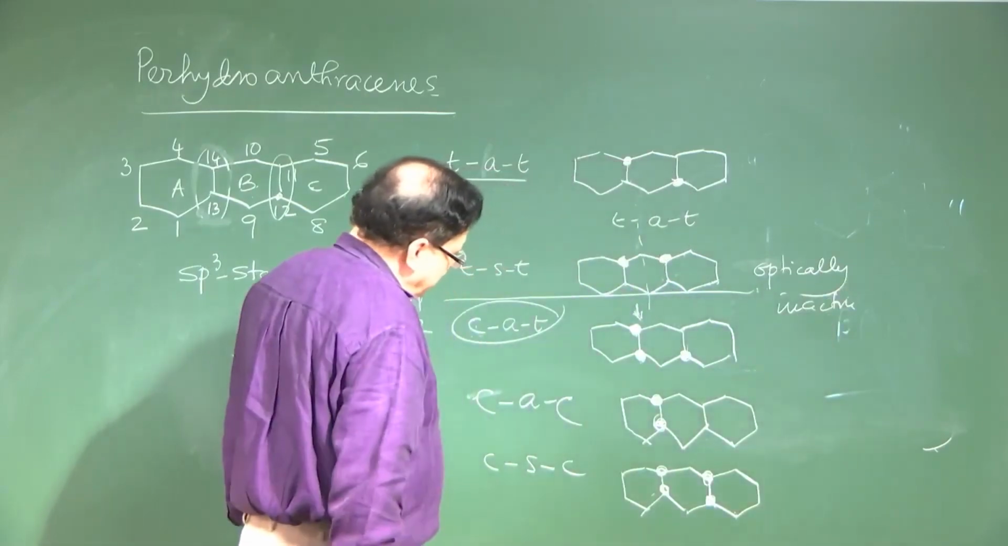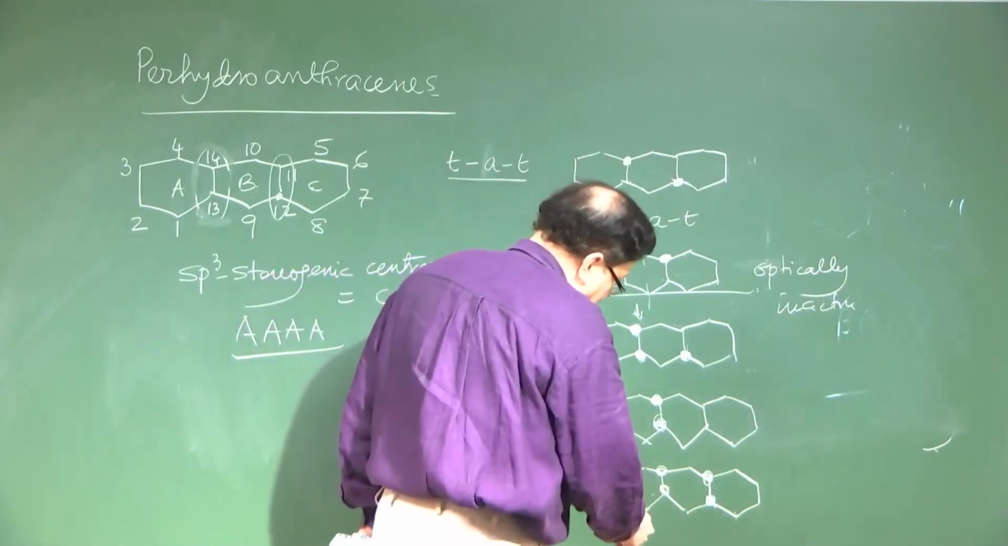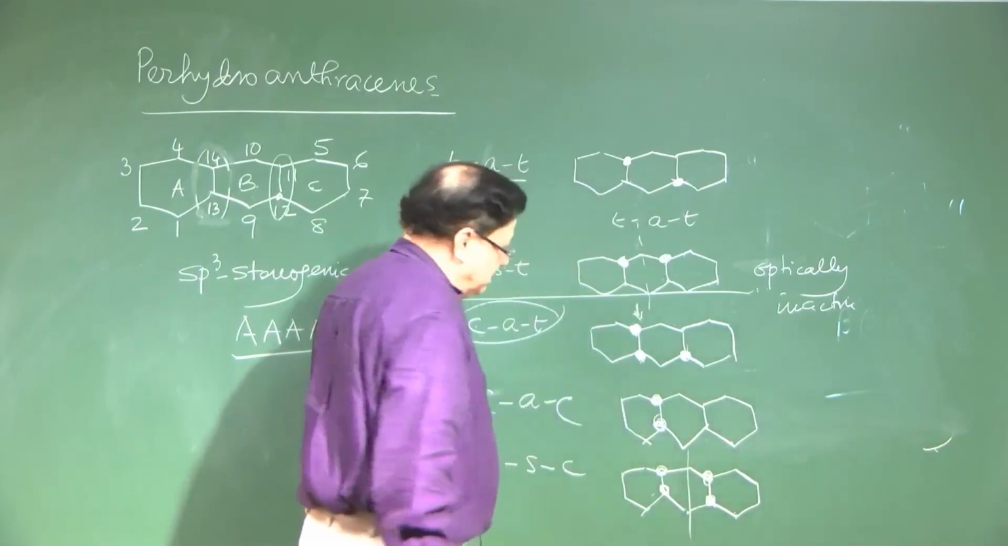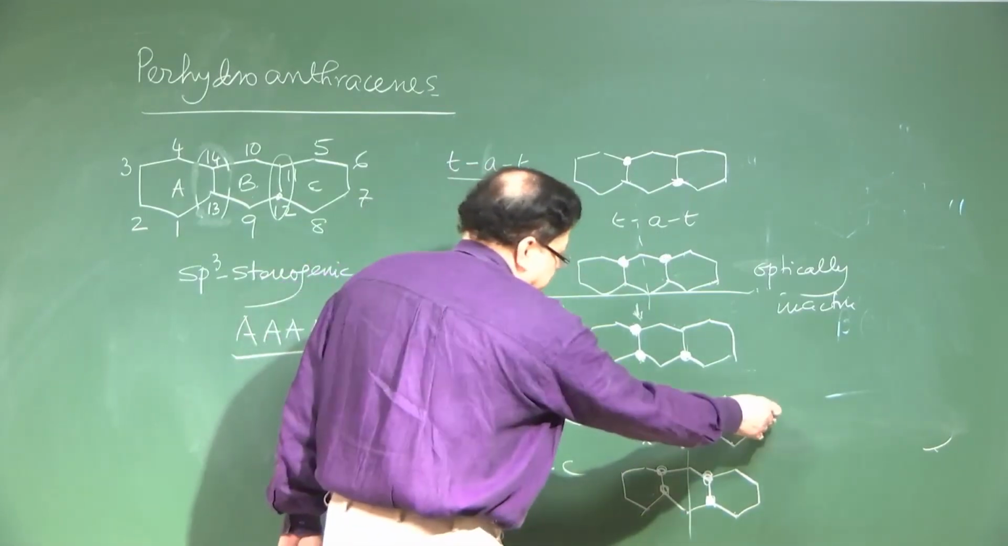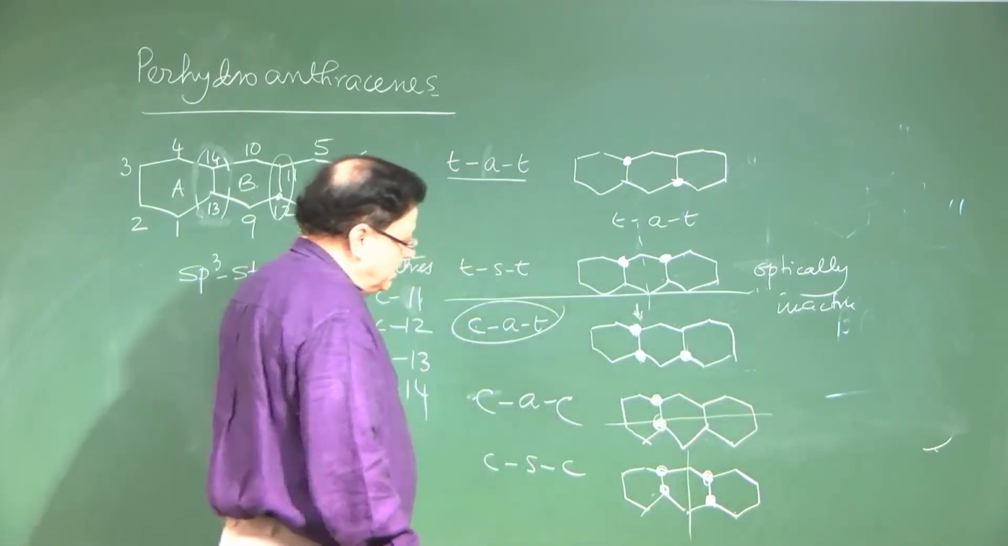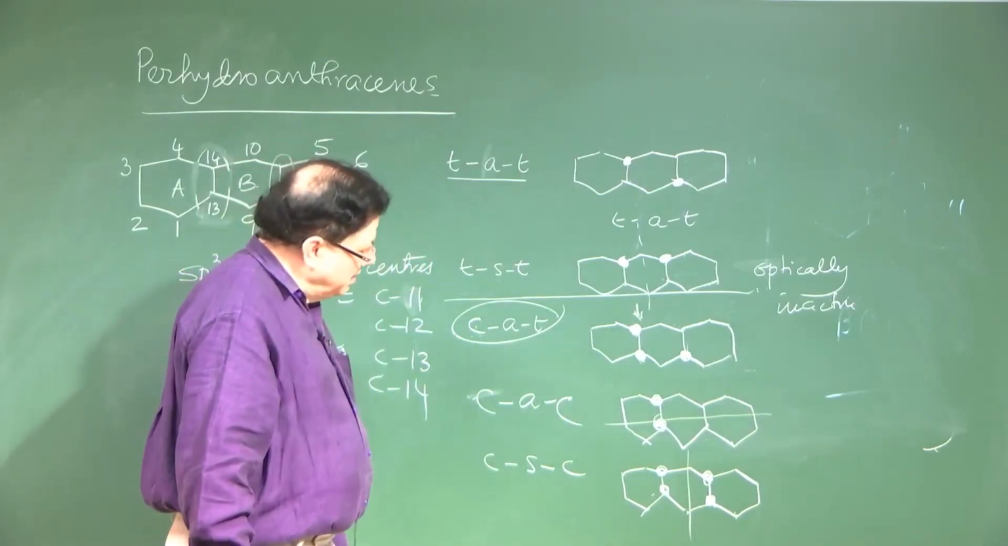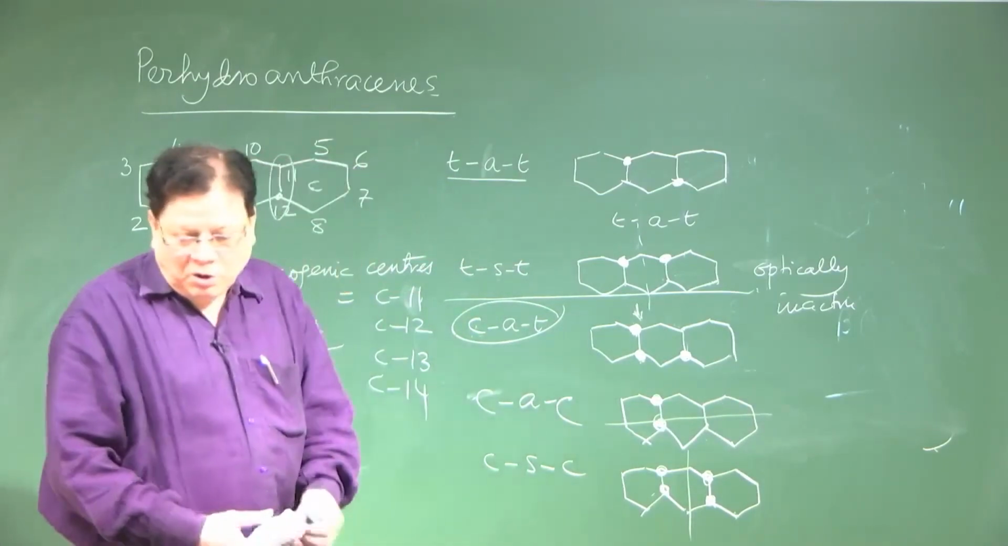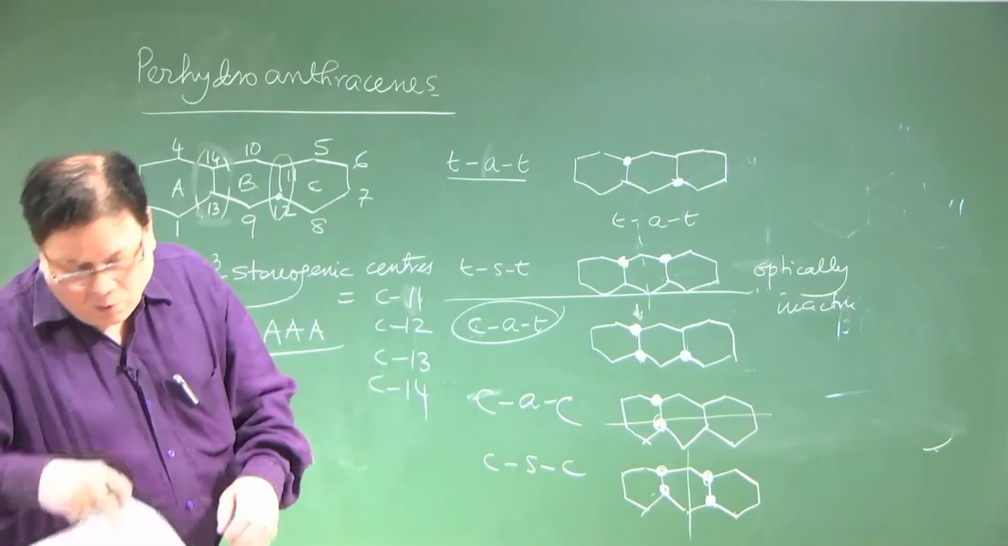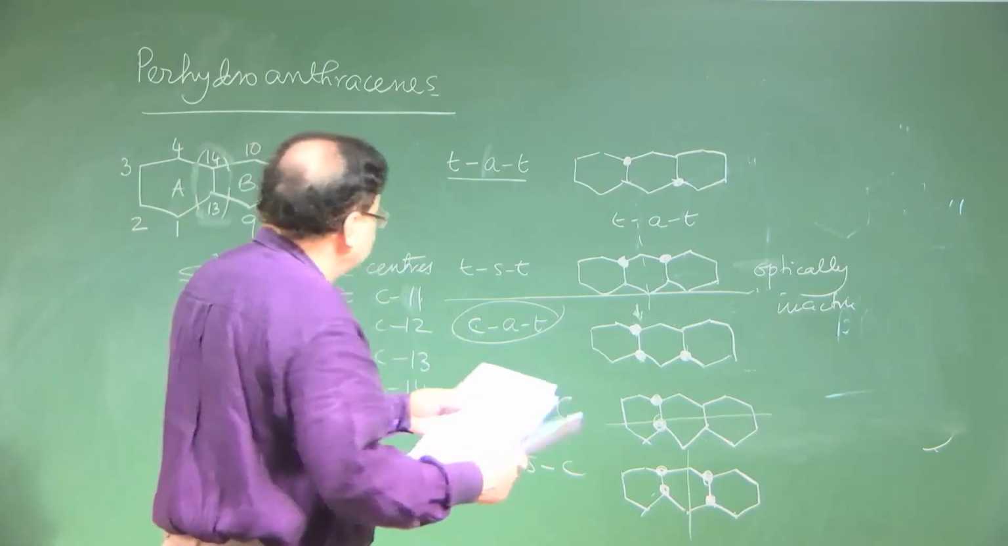There is a plane of symmetry here, okay, and there is a plane of symmetry here also. Okay. So, these are the systems. So, what will happen,